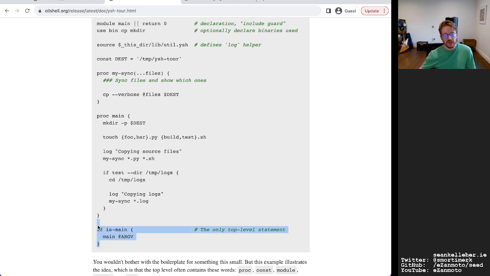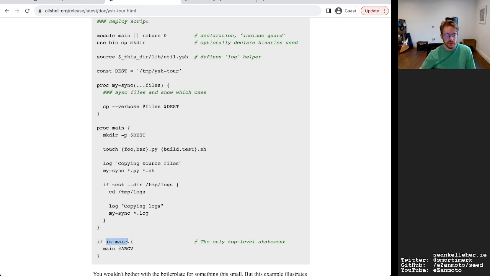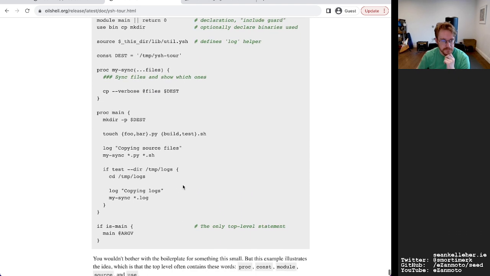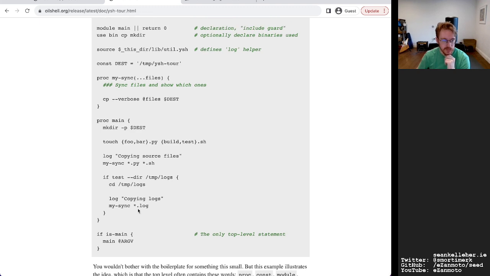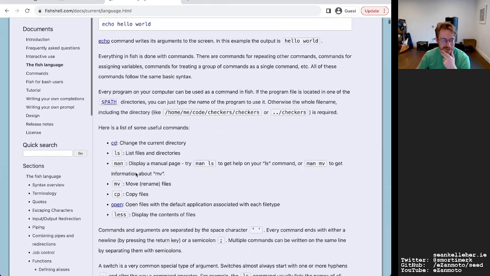If is main, and that's kind of a Python-ism as well, I think. Is main, I guess, is something that's imported from the global standard library, and it allows hyphens in the names too, which makes sense because programs can be called in that way as well. Yeah, so it's difficult to get a good feel for the language just based on that, but I do want to start my own coding soon enough.